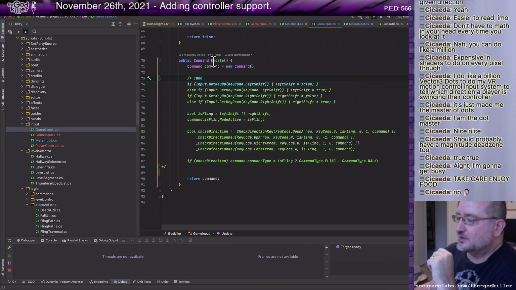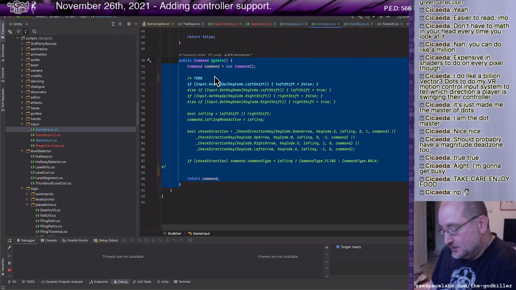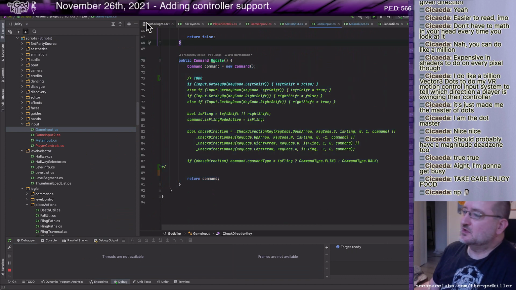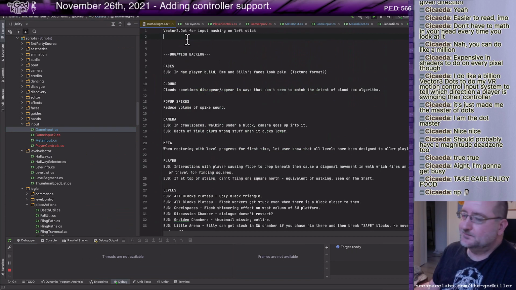This is a poorly named function. Okay, this isn't bad. But yeah, let me plan this out though. Let me plan it out.